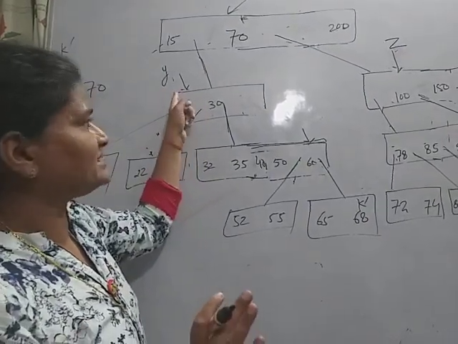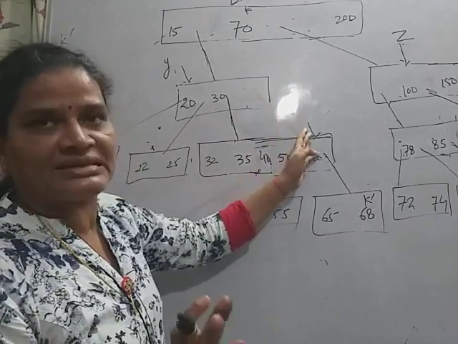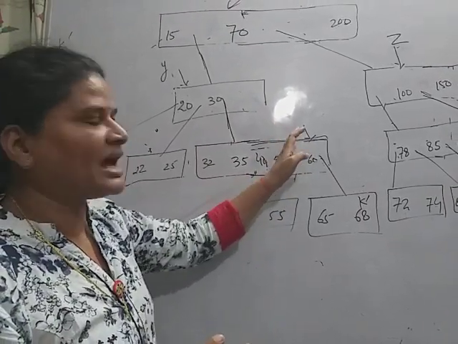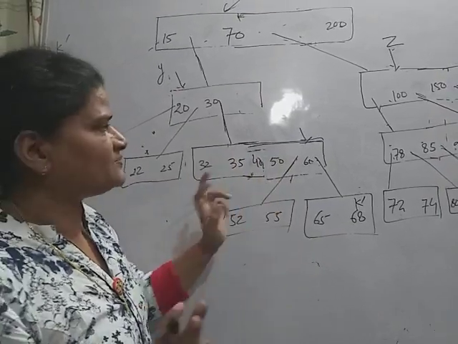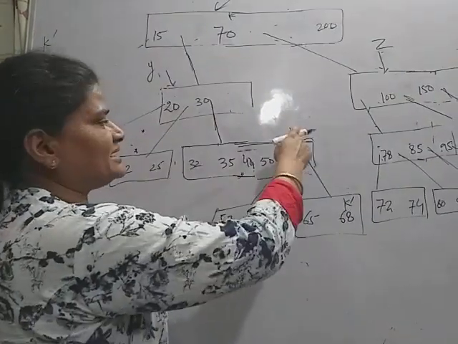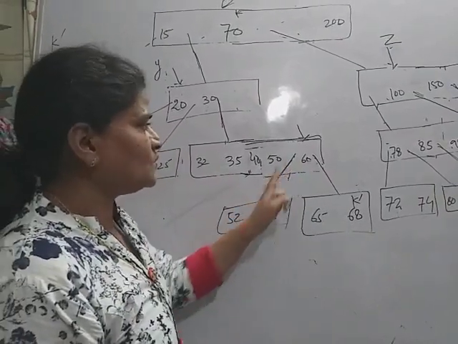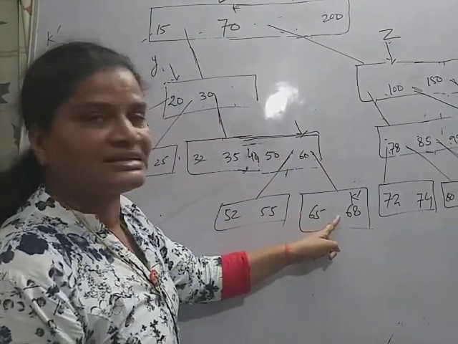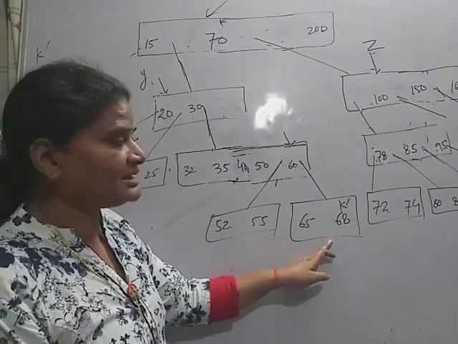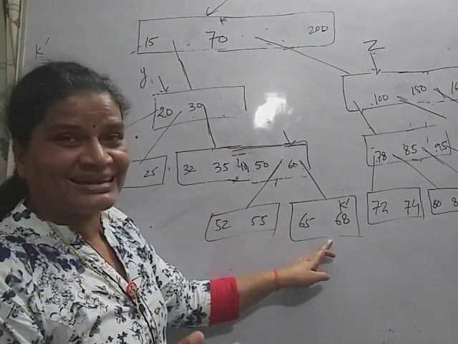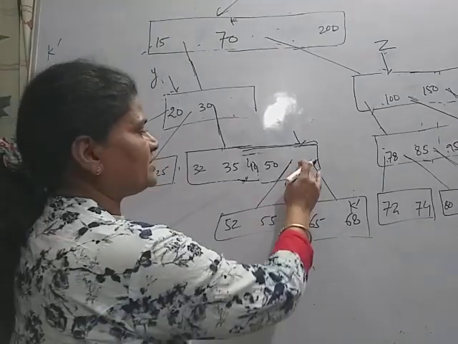So this last child doesn't contain t keys, so first we have to make the number of keys t. Now this node is full, so we consider this node. In this node, the last child doesn't contain at least t keys. So again there is merging of two nodes, here the 60.